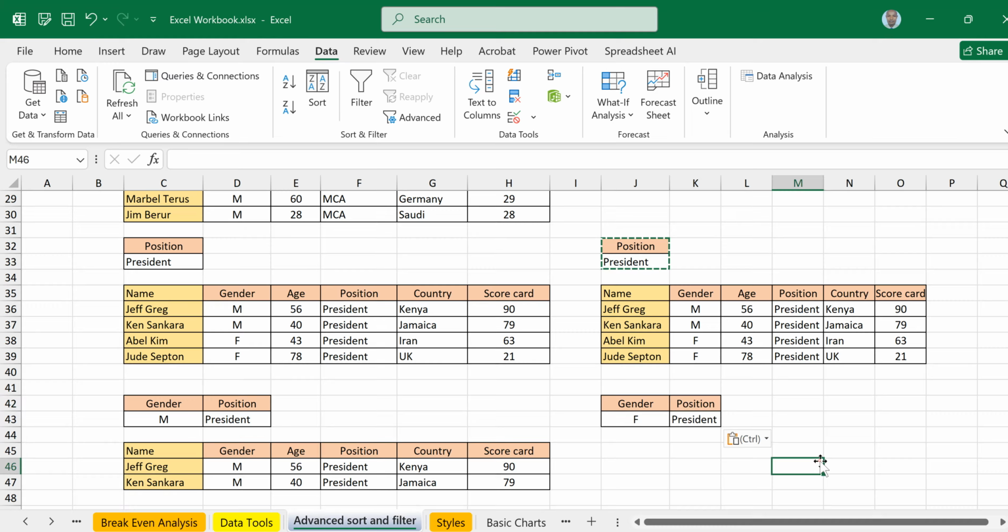That way. Now there is more than one criteria. It must retrieve people, politicians who are female and who are presidents only. So for you to be retrieved by the next element, you must be a female politician and you must be a president. Now that you have the criteria,